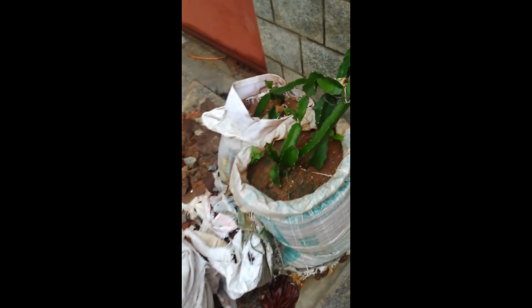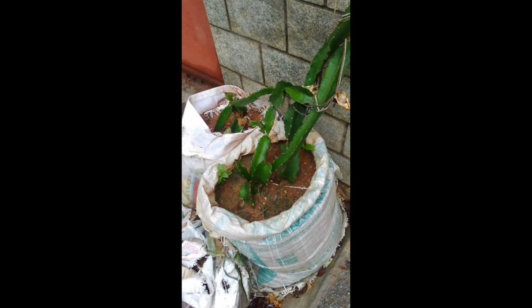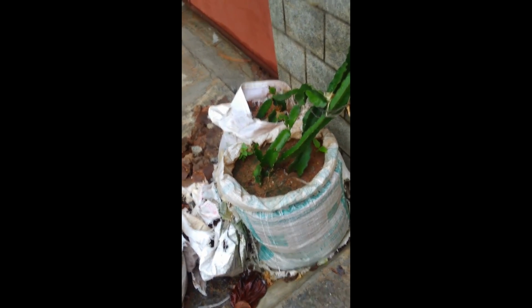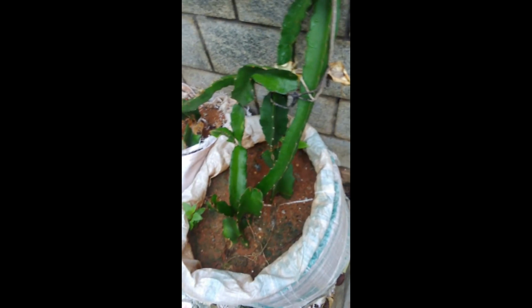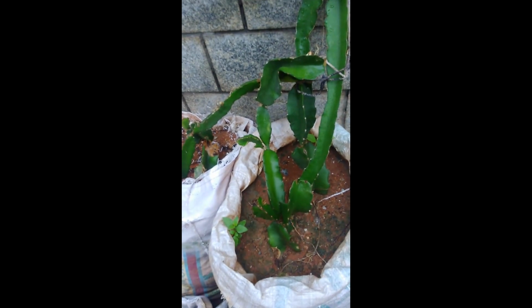So this is a simple container that I have used. It's a used 50 kilo rice bag, 2 layered, and as you can see, it has red soil potting mix, and now one stem was put here, and as you can see closely, it will branch out. So you need a space for it to train, and